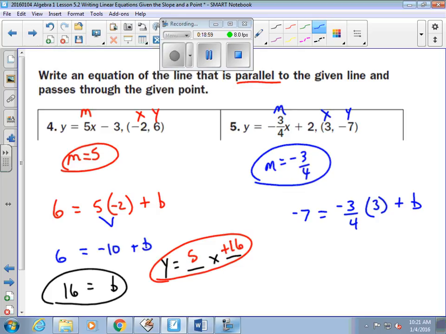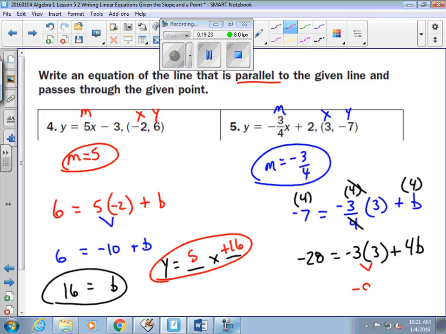Here's one of those instances again where you want to get rid of the divide by 4. Multiply everything by 4 then. 4 times negative 7 is negative 28. This cancels out this and leaves you with negative 3 times 3, and 4 times b is plus 4b. Negative 3 times 3 is negative 9 plus 4b